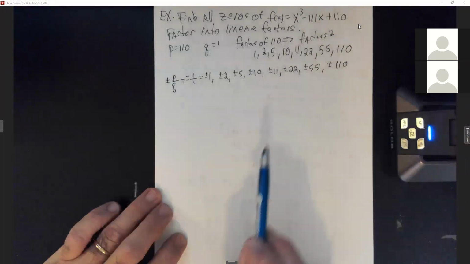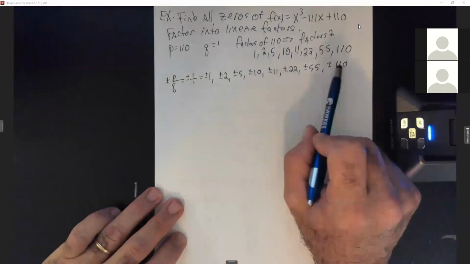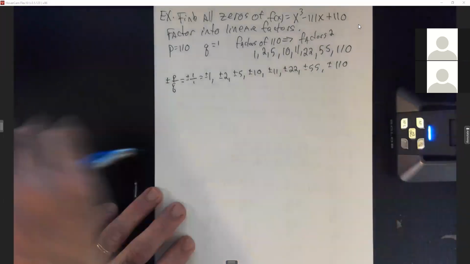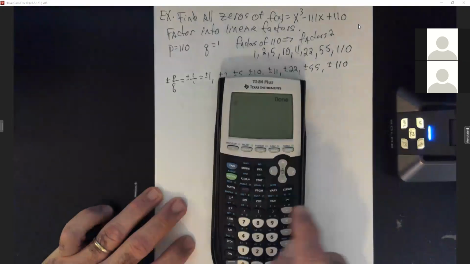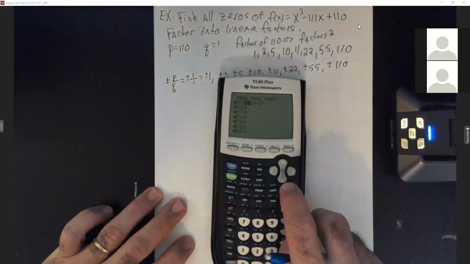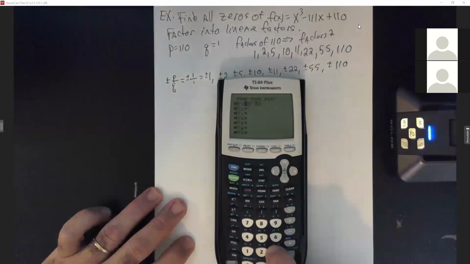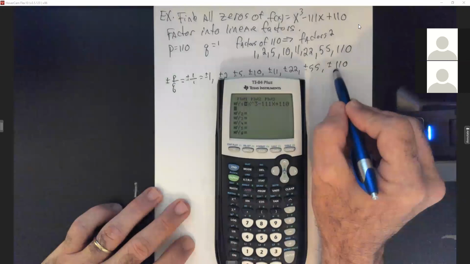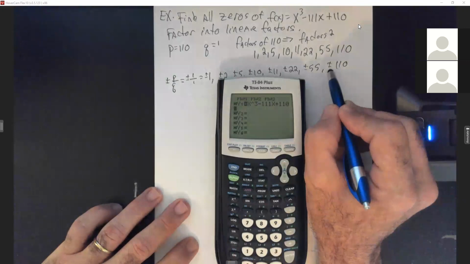Now, I don't want to have to do synthetic division 16 times on this. So I'm going to show y'all a trick I do. I'm going to graph this polynomial. So I'm going to go to my y equals and clear this out. And I'm just going to graph the x to the third minus 111x plus 110. Because if you remember, the zeros of this polynomial are going to be where it crosses over the x-axis. So if we hit graph,